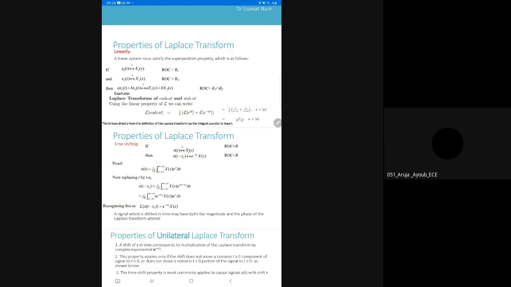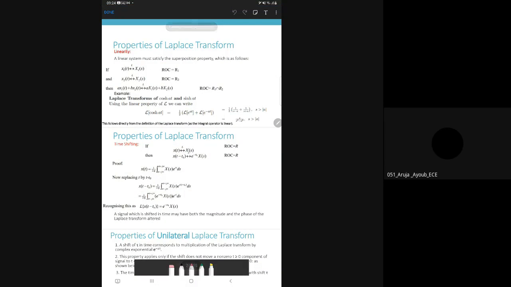एक system को linear तभी कहा जाता है when it satisfies superposition property. Superposition property means if you have two different terms, you can act upon each term independently, then you sum the effect of the two, it will be equal to a combined effect. So ये combined effect है. So what I mean to say by this is that if we have two signals, one is x1 of s,